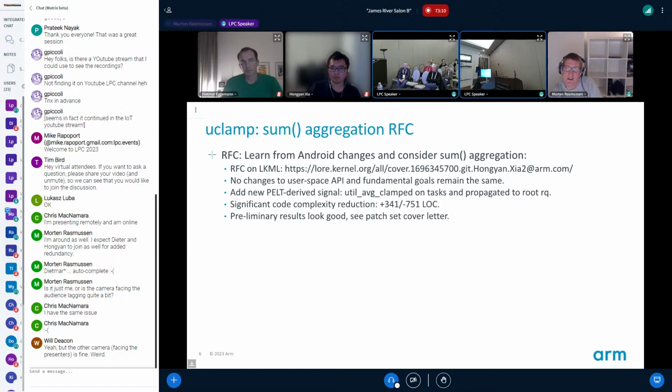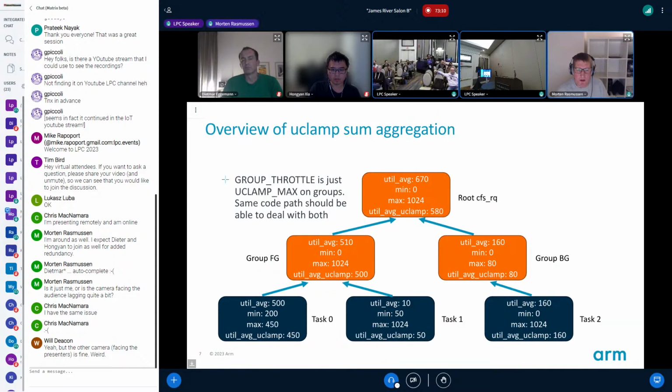Just a quick question. I haven't seen the patch that you're pointing at, but wouldn't you have to clamp the way I showed in my slides, like a demo patch, where you have to clamp the actual util average? Otherwise, your uclamp max will never get applied, right? Because you're going to end up picking the highest of the.